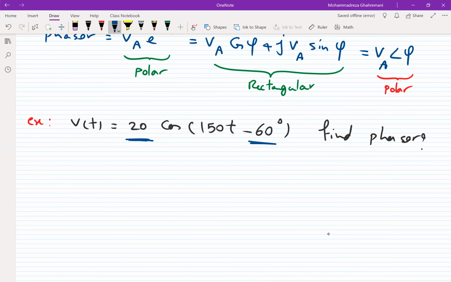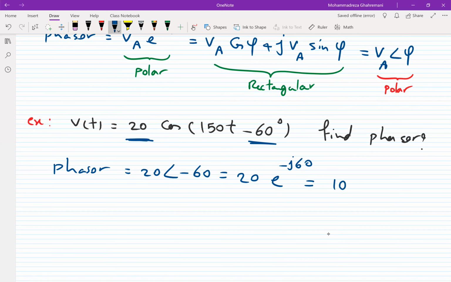So we can simply say phasor is equal to 20 with the angle of negative 60. We can also show it in this form, 20 e to the negative j 60, or in the rectangular form of 10 minus j